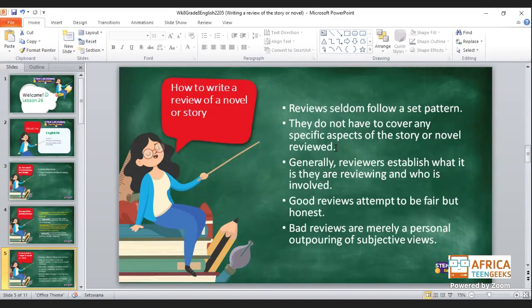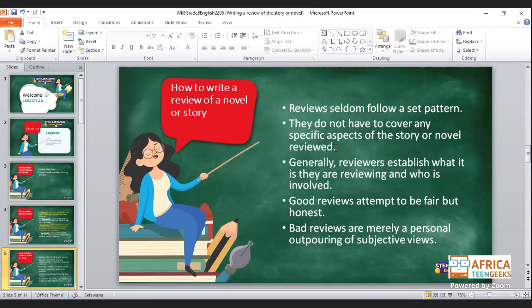Do you remember in the past few lessons we talked about the features of a literature text, and we said it has features such as characters, the plot, the message and the theme, the setting and the background,